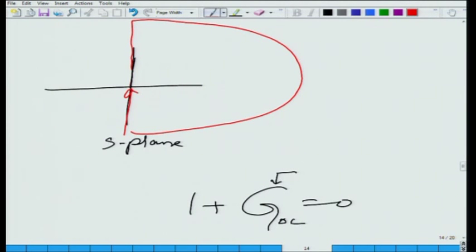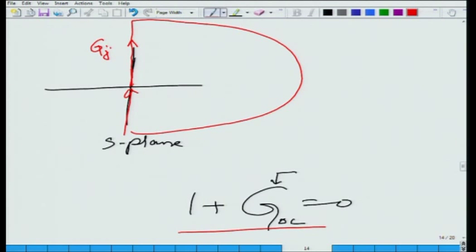I want to find out whether any of the roots of this guy is in the right half plane or not. So, let it enclose all of the right half plane. Okay. All right. Then what I do is, as S is changing from 0 to infinity, so this is actually